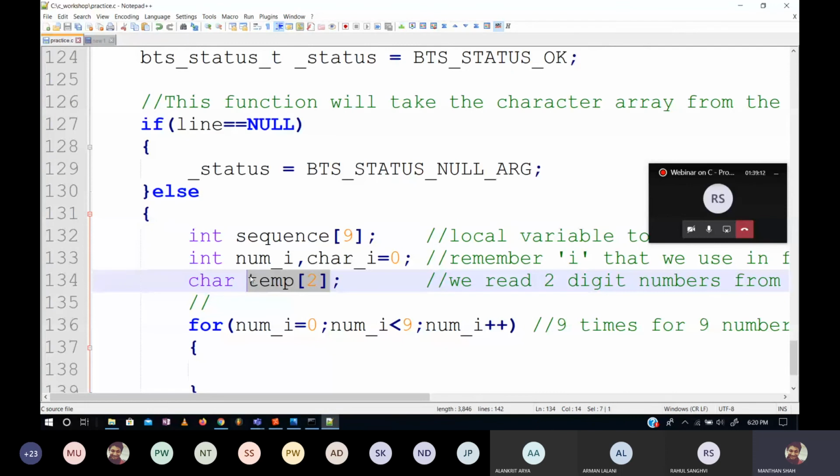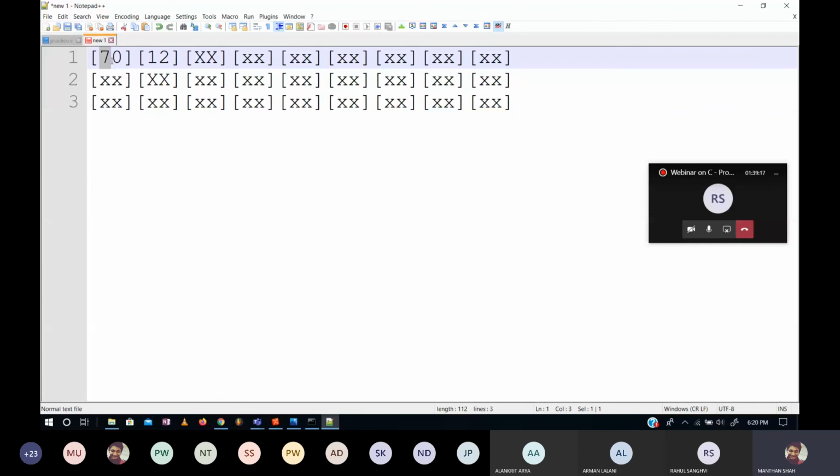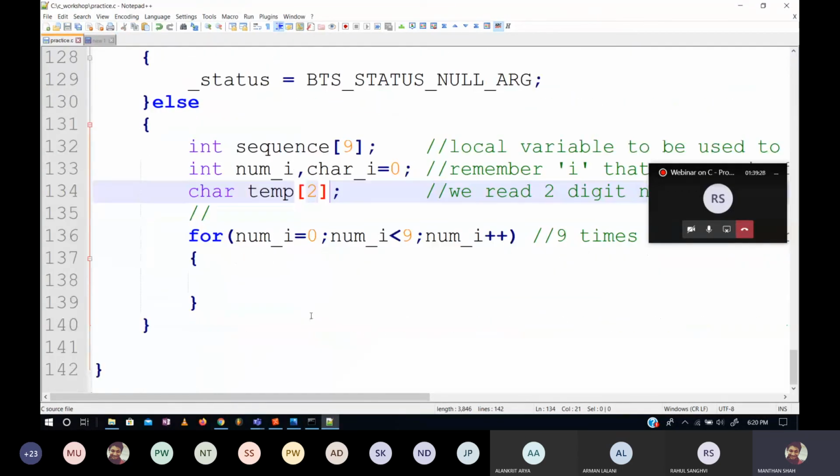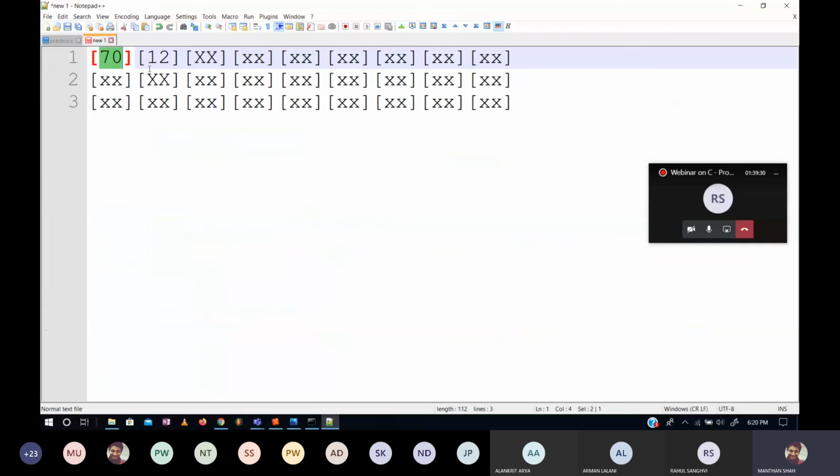We are going to write a small function that will convert these 2 characters into a single number, that is characters 7 and 0, and it will convert it into a number called 70, and it will return this number. All right, and then we will come back from that function, and this loop will execute for the second time. The second time the process will repeat. So now my cursor is here after 0. Now I will start my while loop, and it will keep on incrementing till it finds this opening bracket character again. So after 0, there is this closing bracket character. Since it's not the same as the first one, we are going to ignore that.